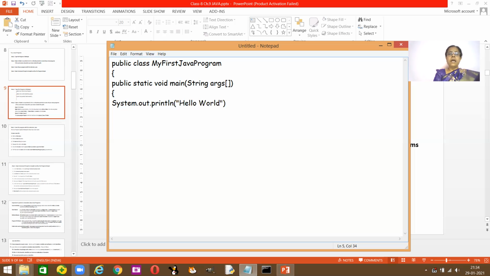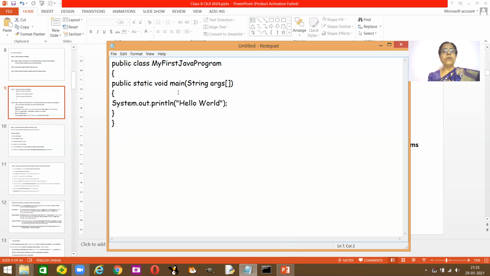Clear? And I said it ends a statement. When you end a statement, you need to put the semicolon. Don't forget to put the semicolon after every step, that is after System.out.println. This is L. ln is the line, print the line. ln means line. Now, how many curly braces did I open? 1 and 2. So closing, press the shift key and then close the curly braces.